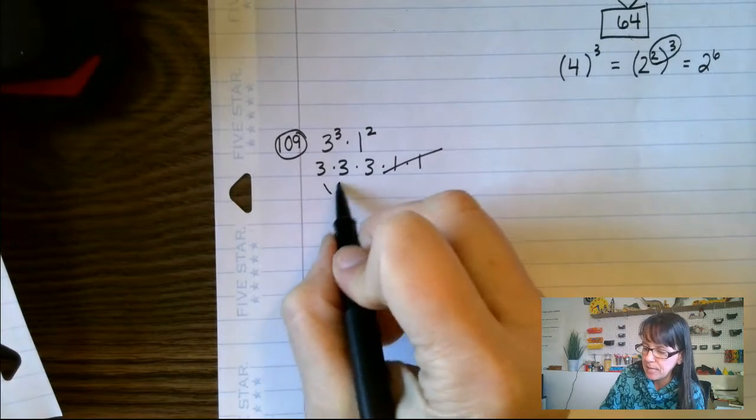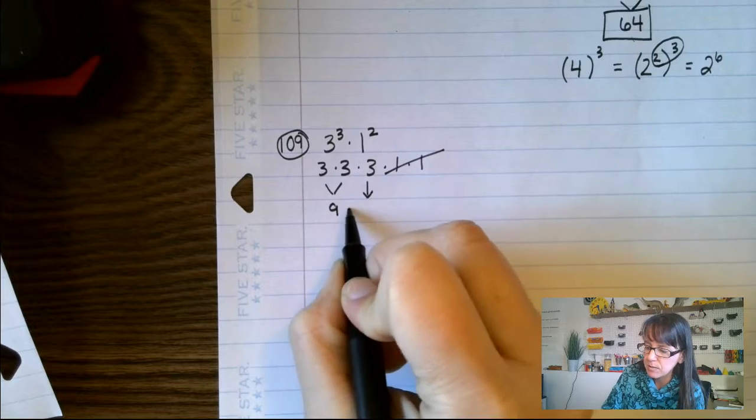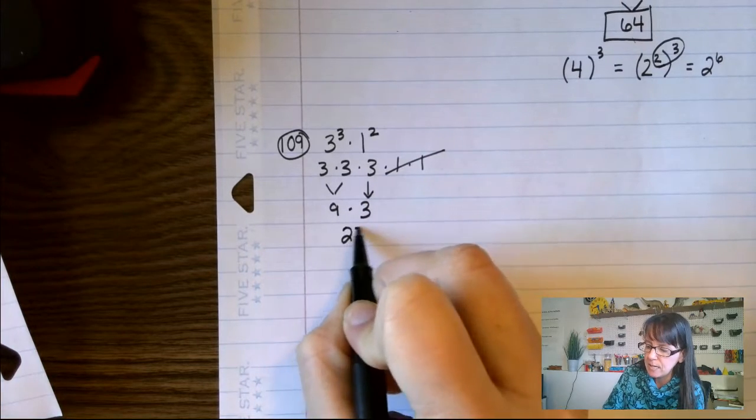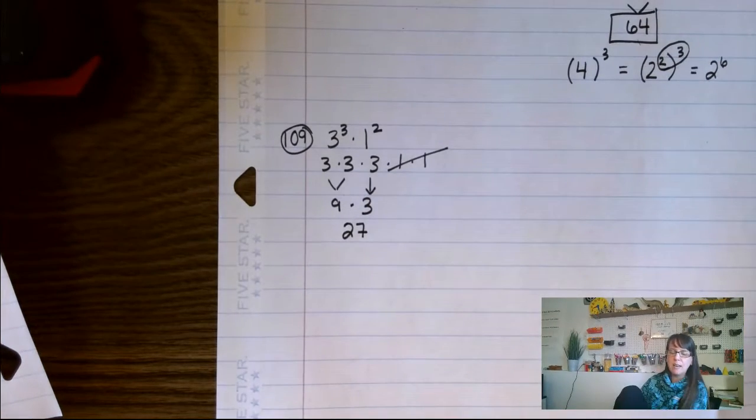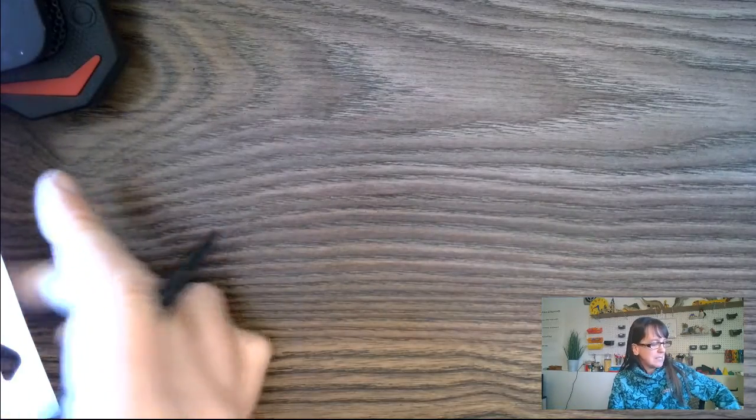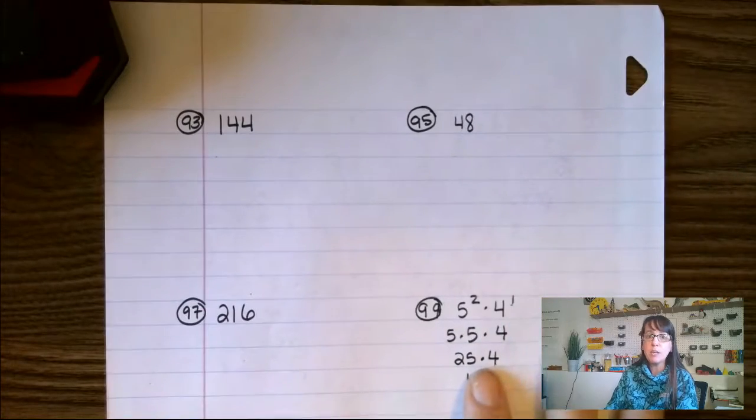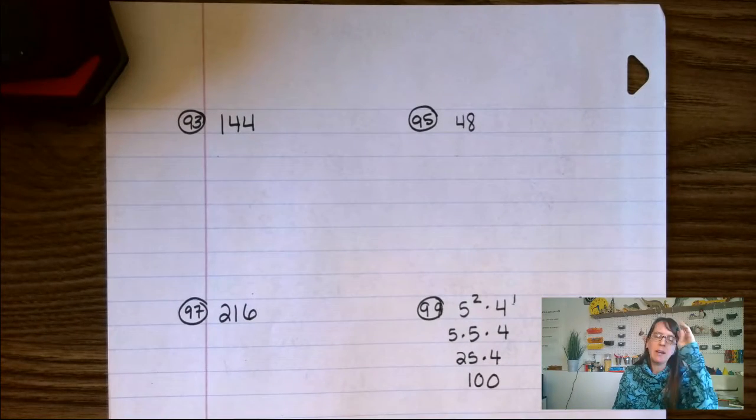This guy is going to be 9, and I'm going to bring that down. So times 3. That's going to give me 27. 27. All right, so let's go back to some of those prime factorizations so you can see this. Let's try these guys right here. So if you're ready, you think you can do it, pause the video, come on back, and give it a